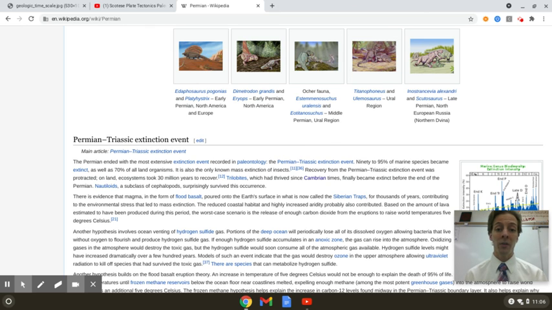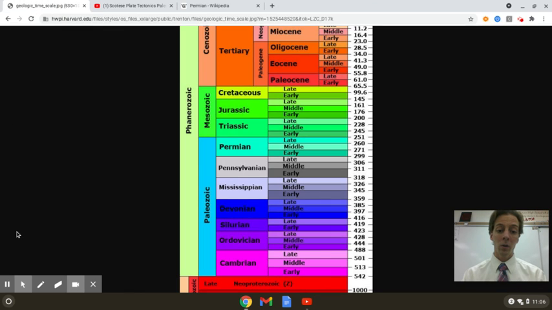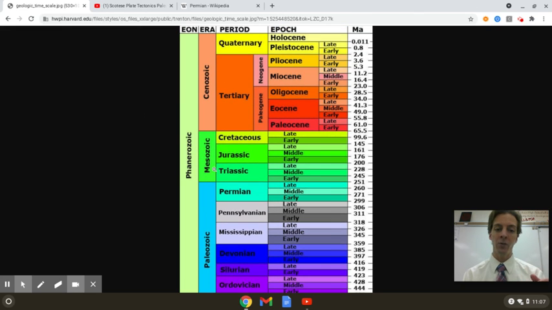The invertebrates and the trilobites, lots of them died off. The amphibians, lots of them died off. The Permian is a big die-off, which is why we switch from Paleozoic to Mesozoic. So we go from the age of the fishes, amphibians, and first land animals, lots of plants, and now a whole bunch of those die off, and we're going to switch. So that's why we're switching eras, and we're going to talk